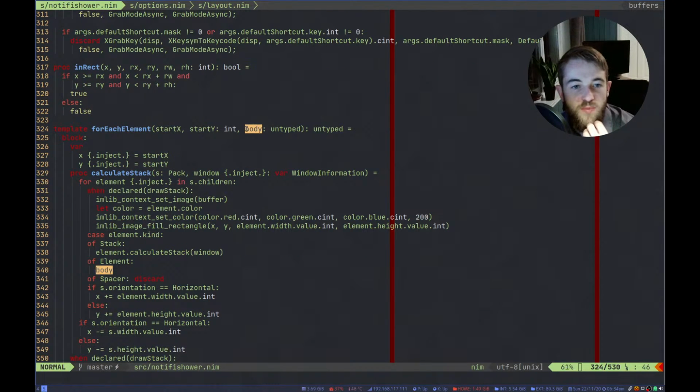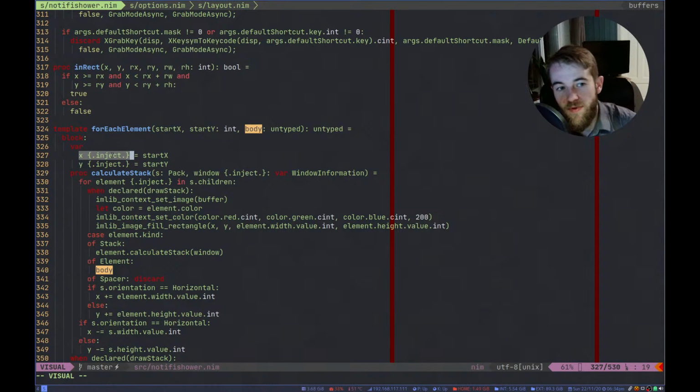So basically this body untyped here means that this can be whatever code we want. And for example, these variables here that I defined with inject, I basically tell them that code blocks from outside should be able to see these variables.